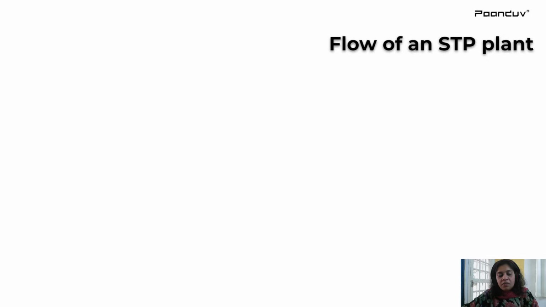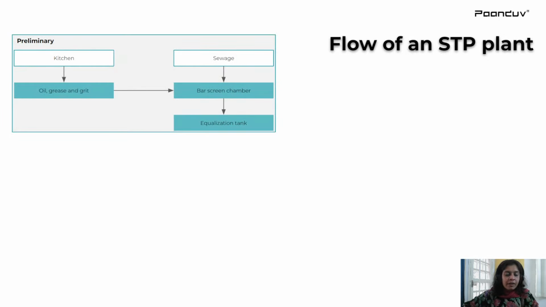Let's understand this thing much deeper now. Let's say we are generating a domestic waste. What are the sources of dirty water in a domestic household? The one is kitchen and the second is sewage. The dirty water can be created by these two sources. In kitchen waste, you have a lot of oil, grease, and grit. Then in sewage, you have different kind of excretion material that you want to eliminate.